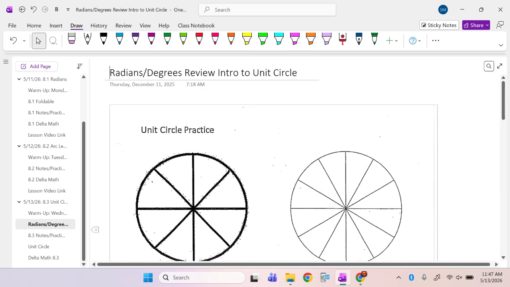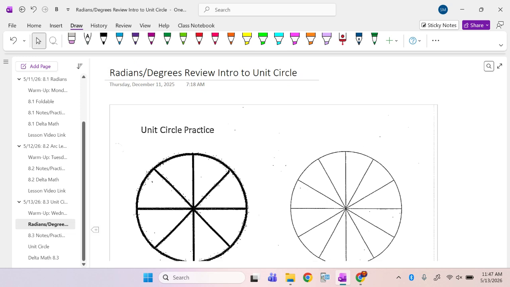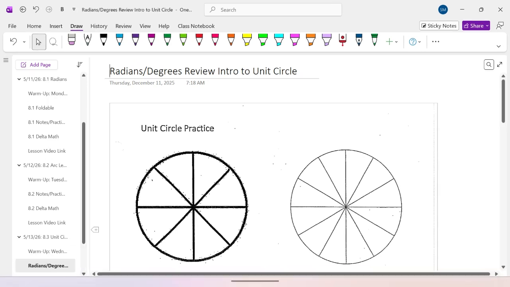So there are three main parts of the unit circle. There are the angle measures in degrees, the angle measures in radians, and then the coordinates. So typically the unit circle is actually drawn on a coordinate plane. All right. Now, we're going to start